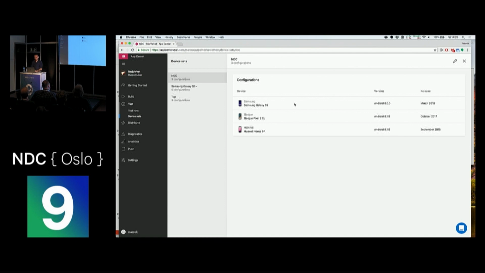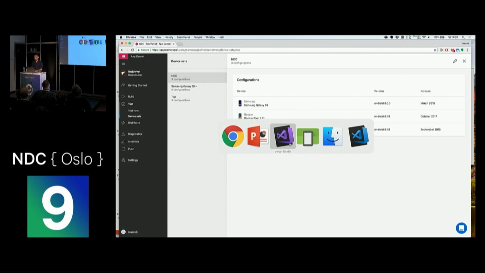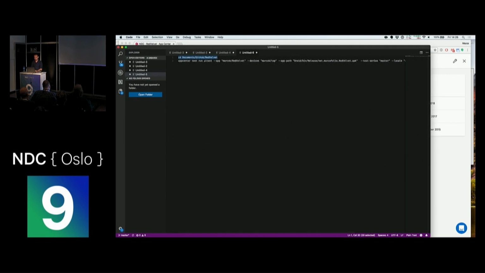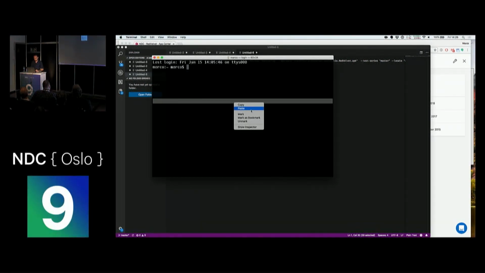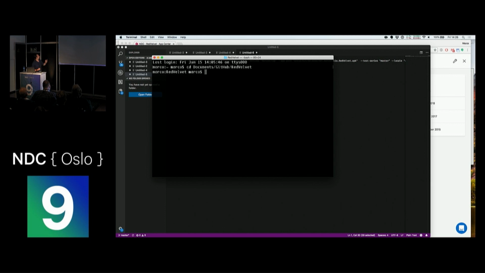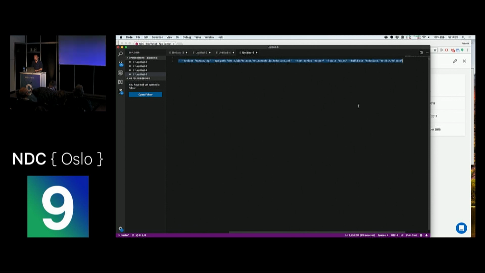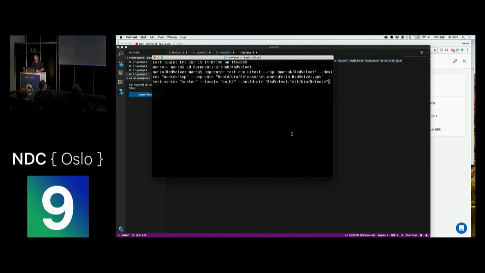And what I'm going to do right now is actually execute those tests that I was running locally inside of this cloud. And I can do that using the App Center CLI. I got that locally installed already. And for that, I need to do some terminal magic. It's not that hard. What I'm going to do is change to my local GitHub where the Red Velvet is residing. And I'm going to pass along some commands to the App Center CLI. The most important thing about this one, other than that I'm sending the APK and my tests and everything, is this line of code.